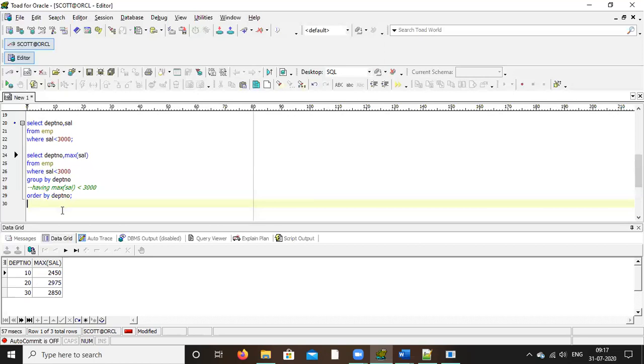So first it will do the filter, then the group by. So you get all the 10, 20, 30 departments, all the salaries below 3,000, and from there it will find the maximum.